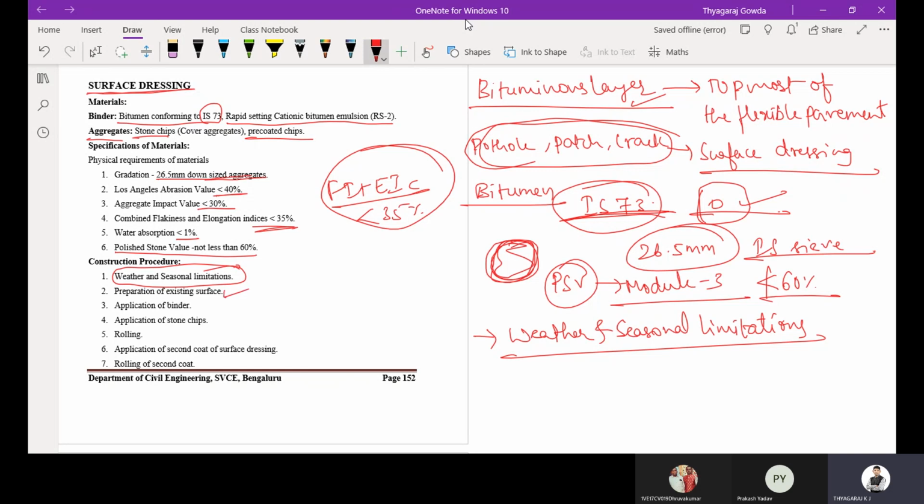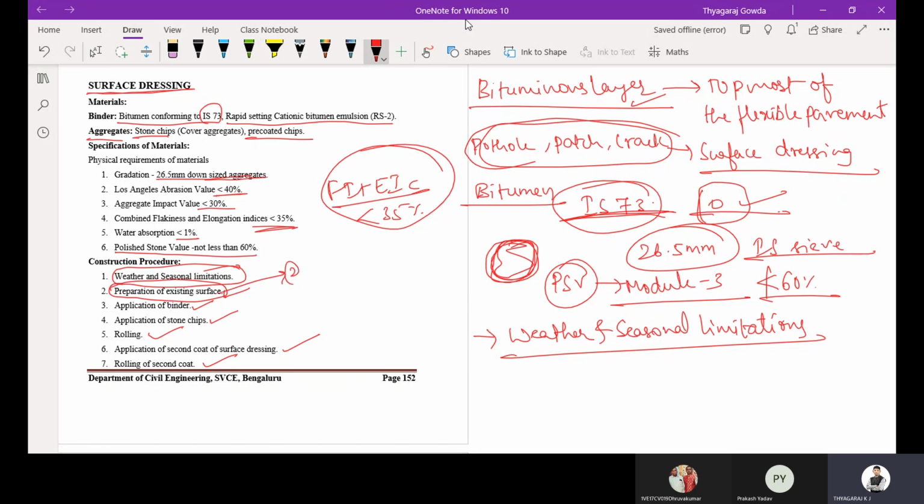Then the steps: preparation of existing surface, application of binder, application of stone chips, rolling, second coat of surface dressing, rolling of second coat. This is the step-by-step procedure we are going to adopt for surface dressing. Weather and seasonal limitations, then preparation of existing surface, which is common in all the layers.